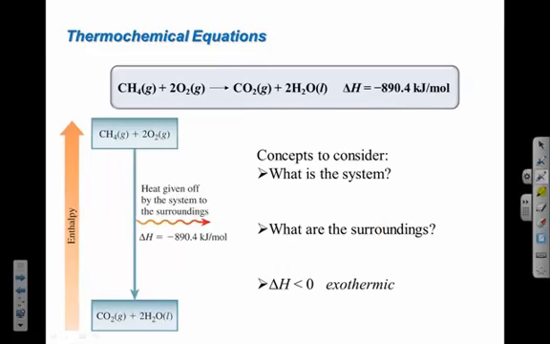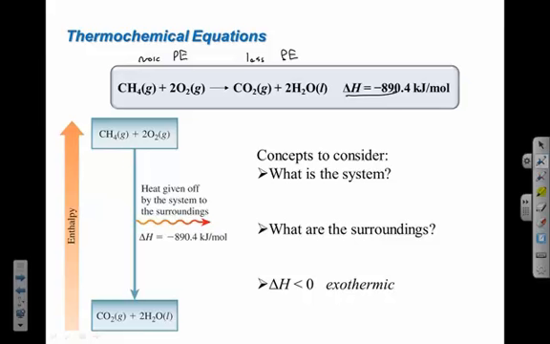Opposite example, here I've got the combustion of methane. So if I measure delta H, I get a negative value. When I plug it into the formula, that means that there's less potential energy in the products, more potential energy in the reactants. And this is trickier than just melting. It's trickier than just a physical change. It's trickier than just a change in state of matter,